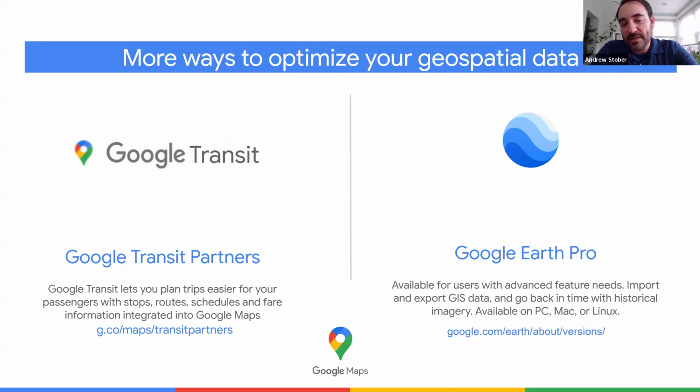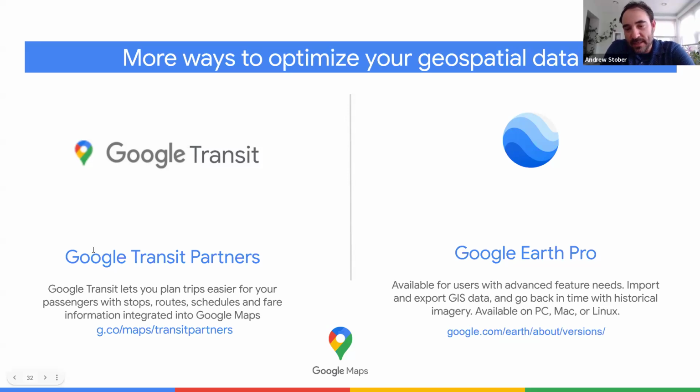First, for any of you who work in the transit space who aren't already aware of it, or to share with your colleagues, we have Google Transit. This is how you can share with us all of the information you have about stop locations, about schedules, about real-time information, and fares, and make sure that that is surfaced accurately on the transit layer on Google Maps. I'm sure many folks on this call are familiar with Google Earth Pro, the desktop version of Google Earth that lets you import and export GIS data, and has just incredible visualizations from our satellite imagery.